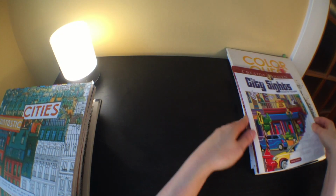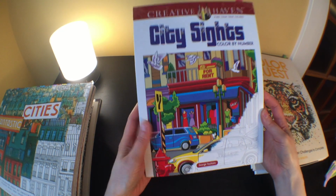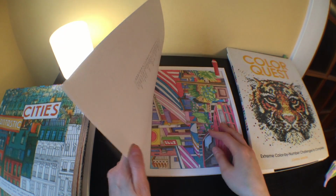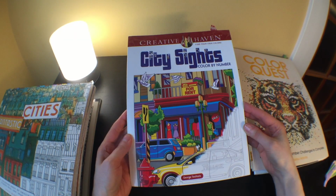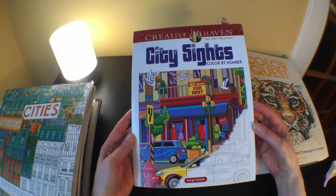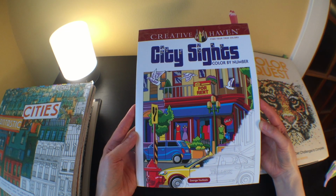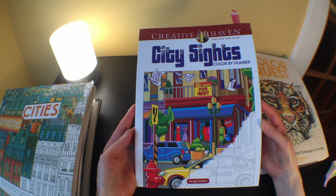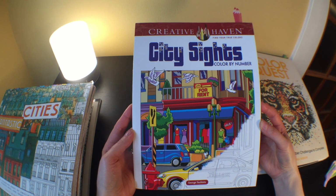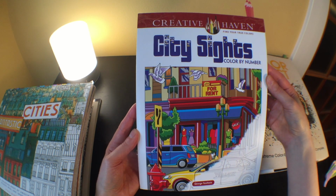And the rest of the books in this video are color by number, which I have a few of. When I first started coloring, I really didn't think much of the idea of color by number. I didn't think it was for me. But then I've been seeing so many other colorist channels with color by number books, and I thought, well, I'll just give it a try and see what it's like. Maybe it'll be fun. So I got City Sights